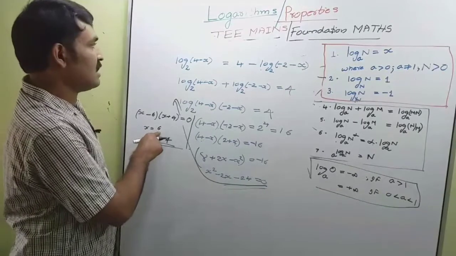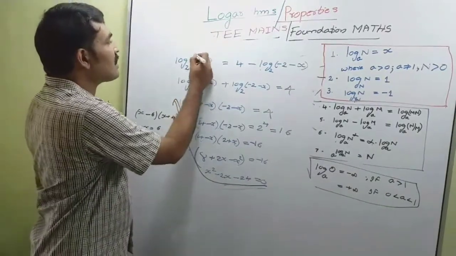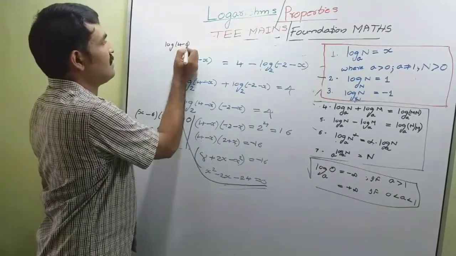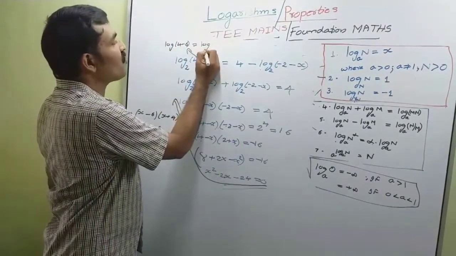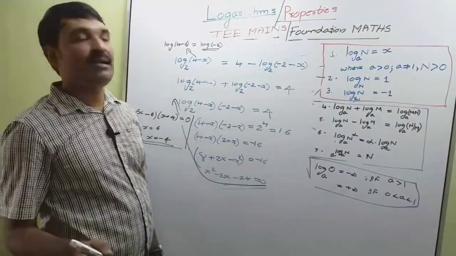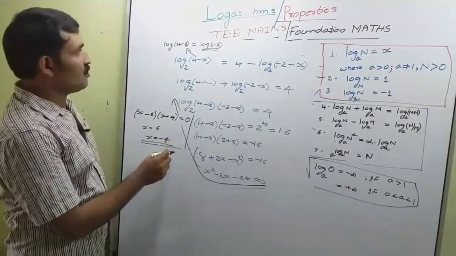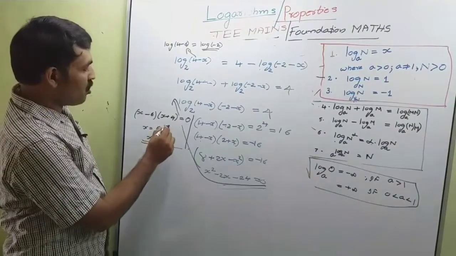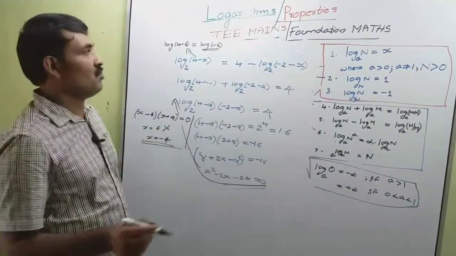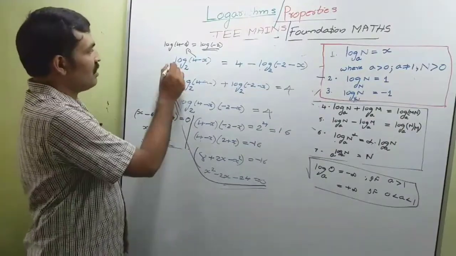When x is equal to 6, this term becomes log of 4 minus 6, that is equal to log of minus 2, a negative number. So, this is not defined. So, x is equal to 6 is not possible. Now, let us check x is equal to minus 4. When x is equal to minus 4, this term